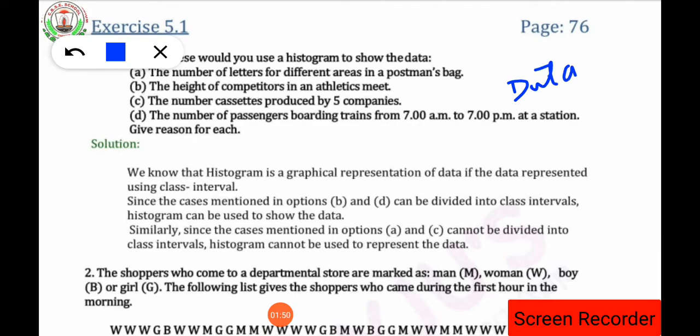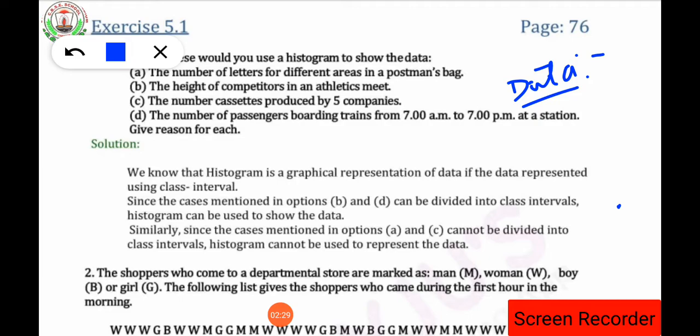These are simple words, no need of writing in your copy. This you people have already studied in the previous classes many times. So what do you mean by data? Data means the information collected in all such cases is called data. It means some of the information which we are getting through the graph or some pictograph, like pictures, or some data, like suppose you are having the height of your class, strength of your class, number of boys and girls in your class. Some kind of numbers or information which we are getting from particular things are known as data.